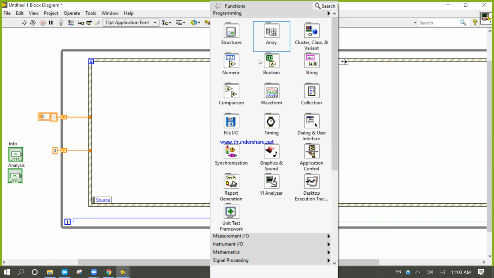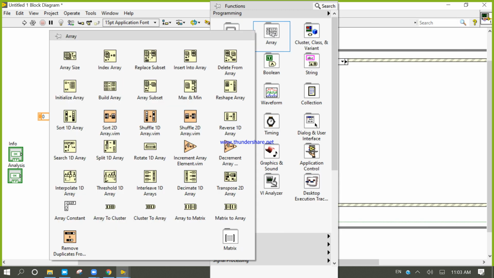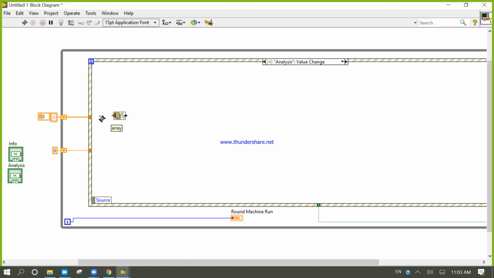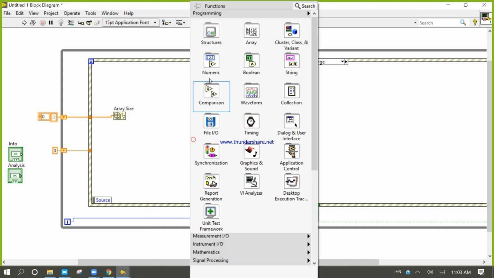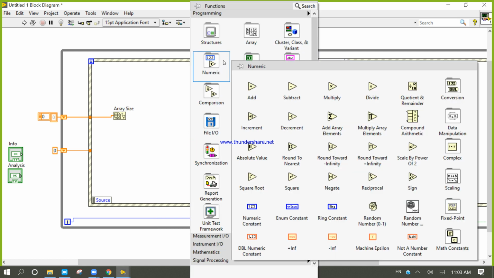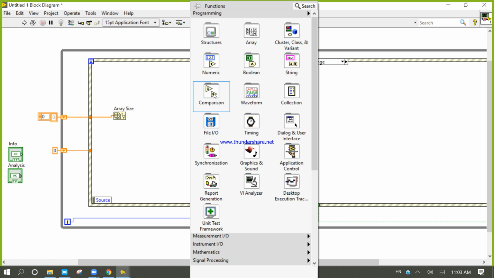Right click, come here. Now I want to analysis first. Okay, and my analysis will be